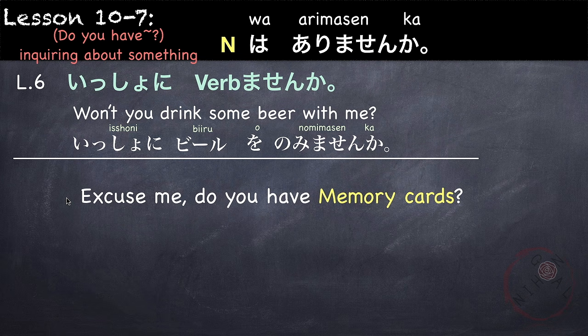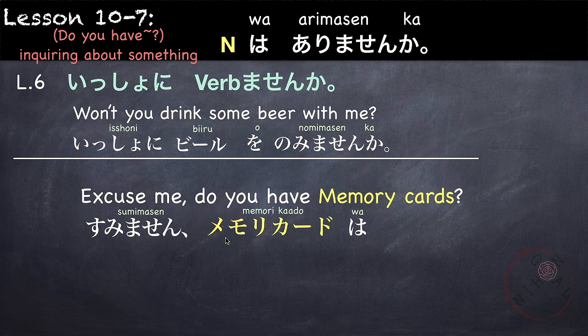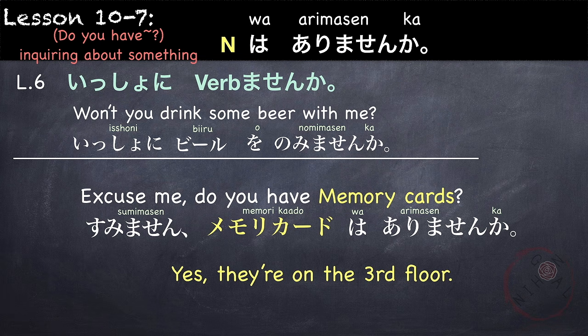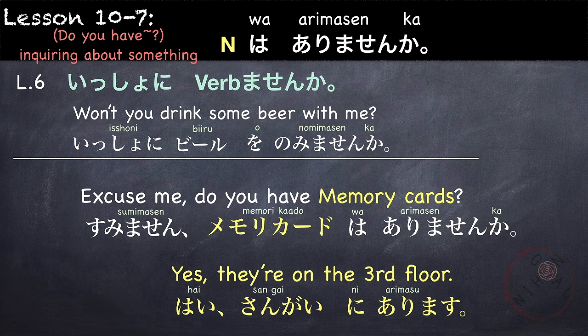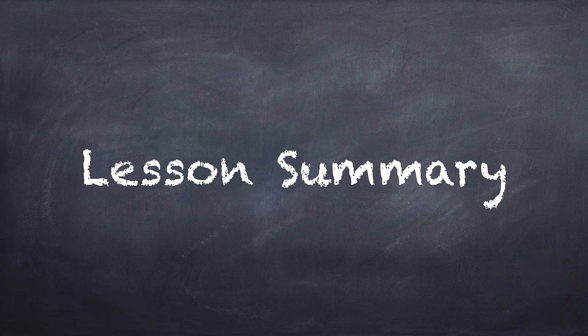So, let's take a look at this conversation. For example, you arrived at the Yodobashi Camera and you want to look for the memory cards. You can ask someone in there, excuse me, do you have memory cards? すみません、メモリーカードはありませんか? Do you have memory cards? So the other person might answer, oh yes, they're on the third floor. はい、3階にあります。